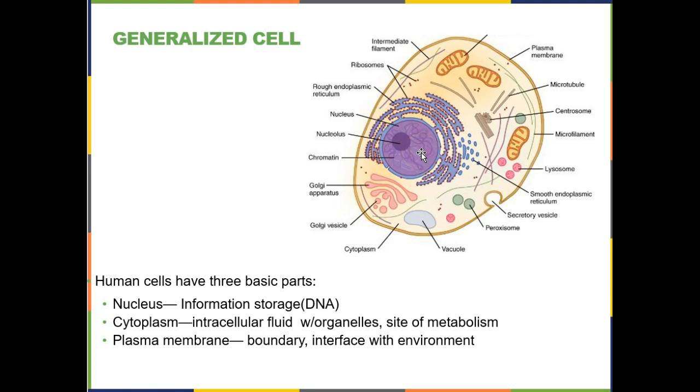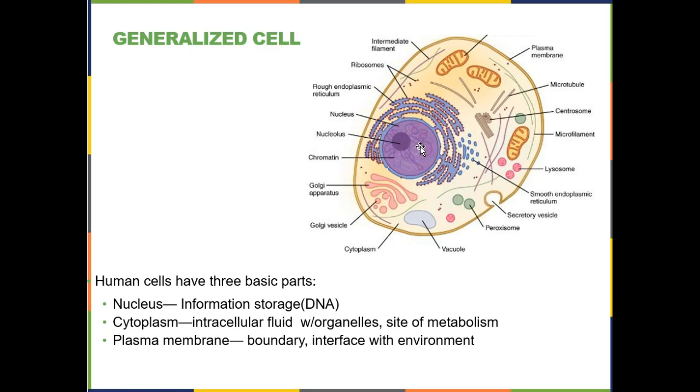So if you think of a computer, the nucleus is kind of like the hard drive. That is where all of the software is stored. So all of the information that is required to manufacture all of the proteins that do the doing inside of a cell. Like if you remember that crazy chart from Chapter 2 with all the enzymes, right? The blueprints or the recipes for all of those enzymes is right there in the DNA that's stored in the